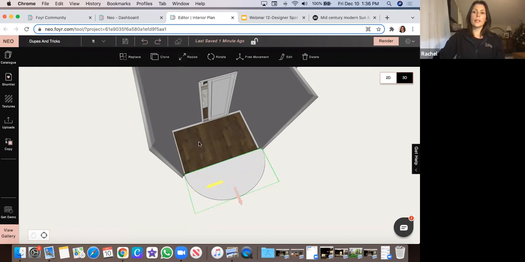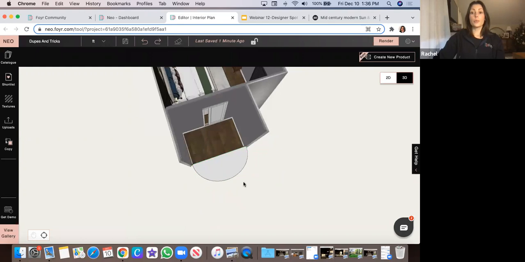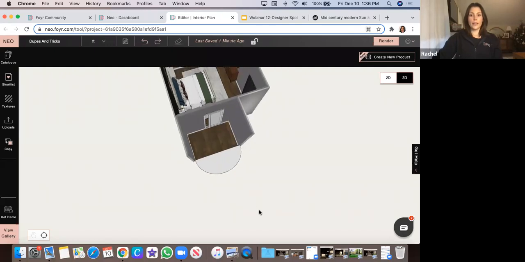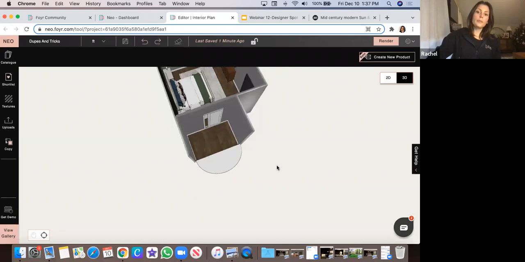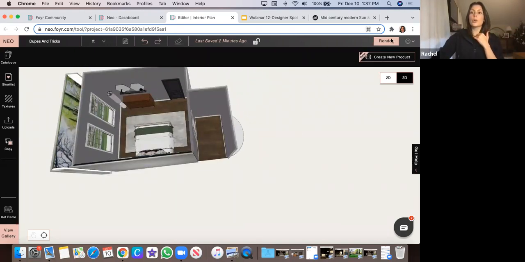So if this were our balcony and we placed a wall right here in 2D mode, looking out, a little bit of space is fine, right? But not floating out here. That's going to be way too much. So keep it close and bring it out further beyond the borders of this balcony. You're not going to tuck a wall, those little legs, in here and here, because that's going to be too close and it will probably show up in your render. So you're going to draw a wall that extends out and then draw your legs outside this space so that you're getting the effect of the light without it popping up. And then when you go into render mode,